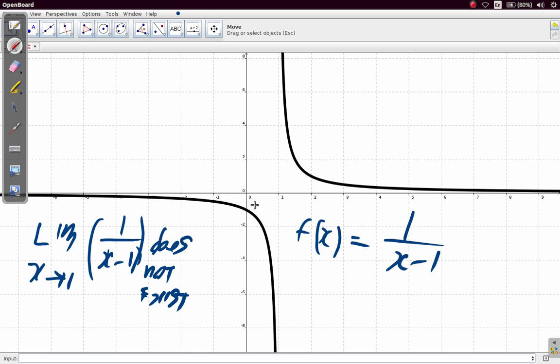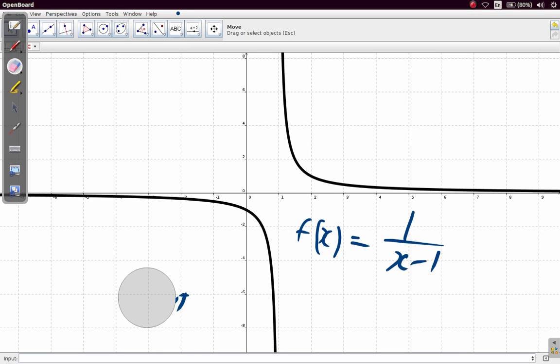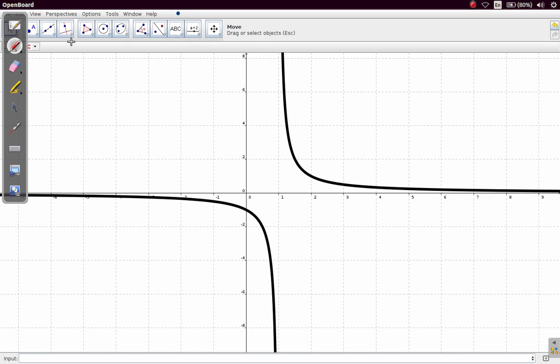Now we want to find out what is f of 3, f of 2, f of 1.5, and so on and so forth. In fact, let me put the f of x up here. f of x is equal to 1 divided by x minus 1. So that's what we have there. The question is,